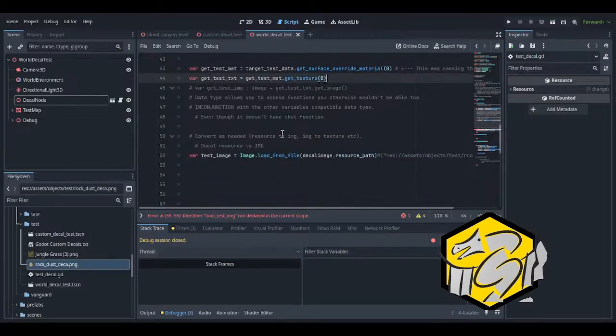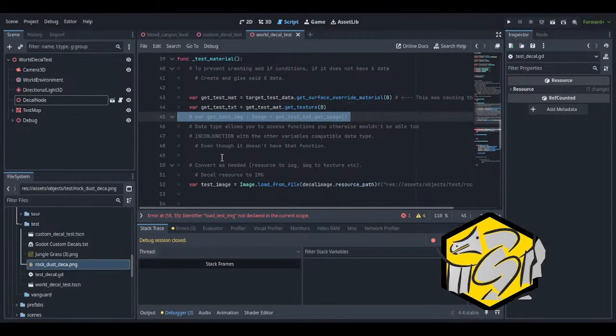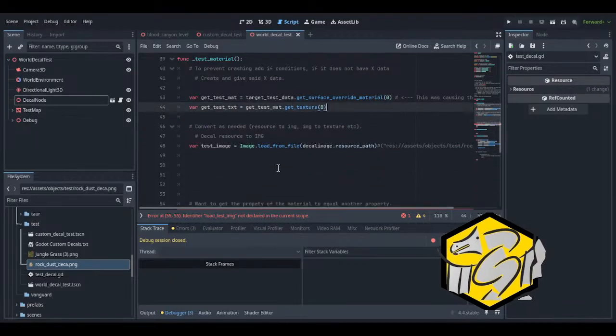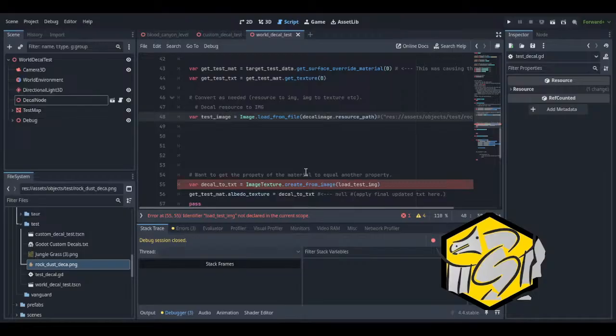We gotta delete that. Just gonna get rid of all this. I'm embarrassed. Test image, decal image, resource path, and then create from image. Yes. And then instead of using albedo texture, we can just shorten this and do get test mat. And then this would be